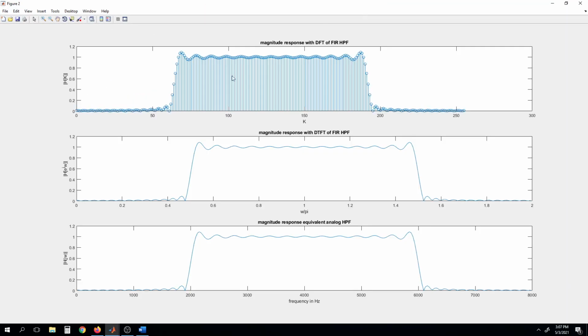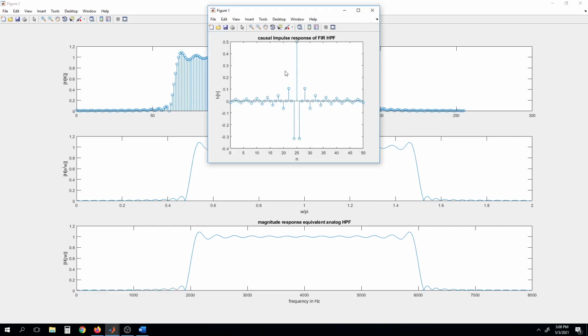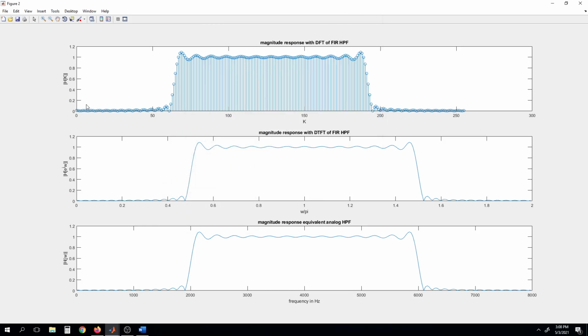You can see this is the impulse response. Not this one, the impulse response will be this. The impulse response of the high pass filter is like this. Okay, and then this is our filter design. Here you can see that the allowed cutoff frequency is 2000. That means if we give any signal with frequency less than 2000, it will have less amplitude or be suppressed, and if the signal frequency is more than 2000, up to 4000, it will be allowed.